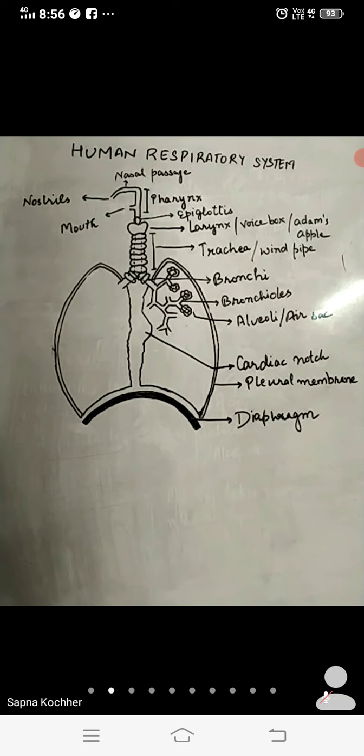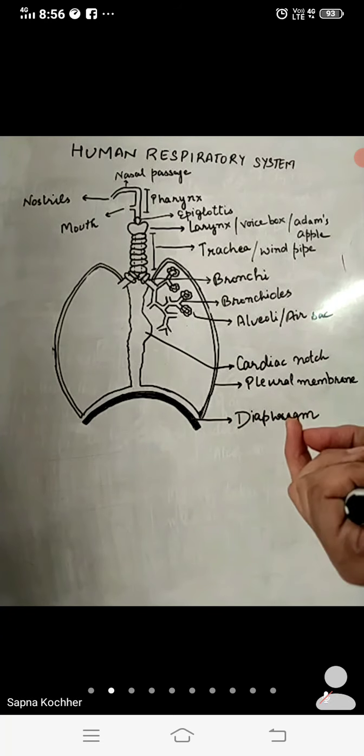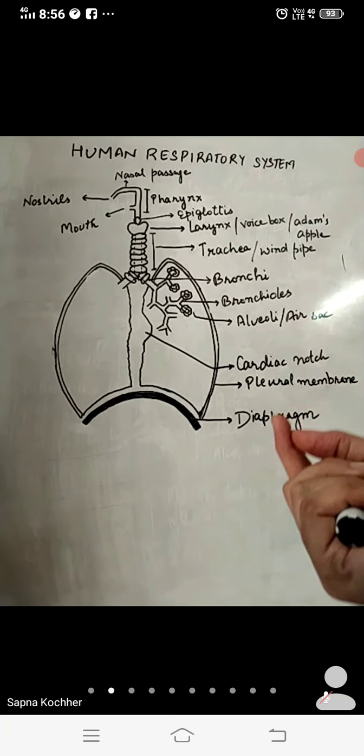Secondly, it also has the lining of blood vessels and the mucus, which keeps the air warm. The blood vessel lining helps to warm up the air, and the mucus helps to moisten the air. So the three things are helping first to trap the dust particles, with the help of the hairs.